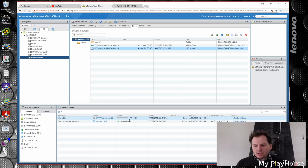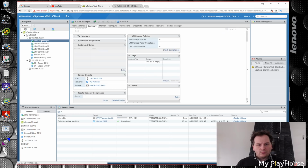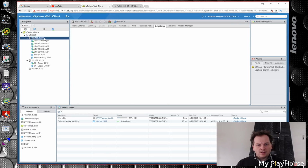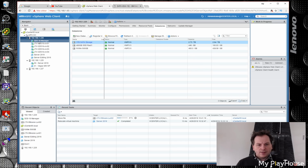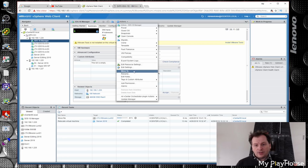That's quite a bit slower. That iSCSI has not been performing well for me. So yeah, then I need to find out what this is. I think this is some legacy stuff that shouldn't really be there. Edit server. I have checked the NVMe is on this server, and there is this management server, which is pretty new. So I've been in here checking edit settings,